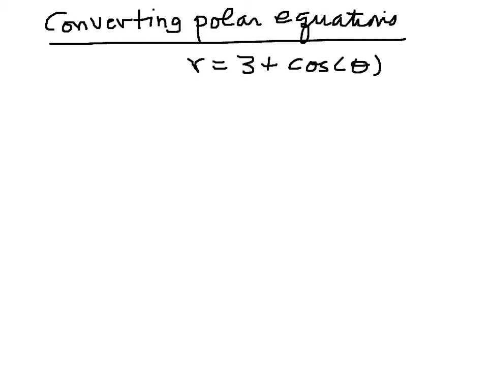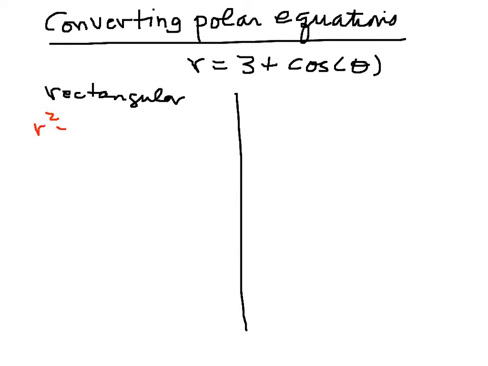So let's talk a little bit about how we can change a polar equation from polar form to either rectangular or parametric form. So first of all, let's talk about how we get to rectangular form. And there's usually a little bit of trick here. Let's change our color. And so what I'm going to do is take this equation that I have and multiply both sides by r. And that'll give me r squared is equal to 3r plus r times the cos of